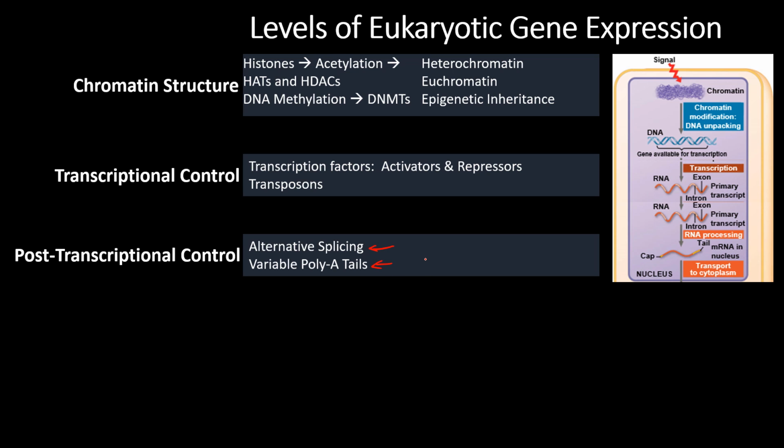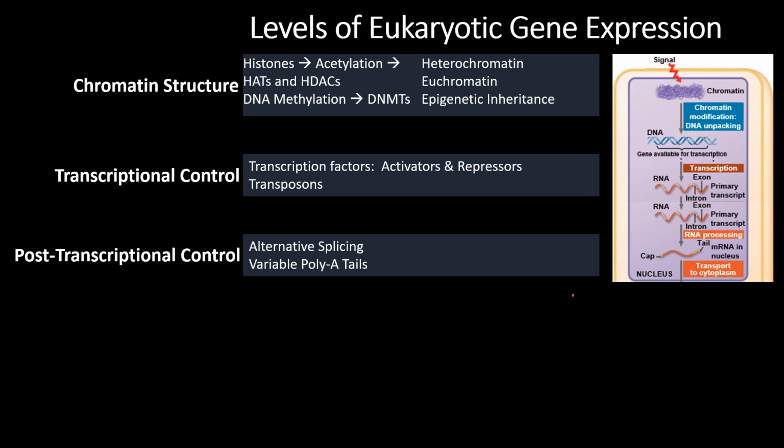We've talked about these in class enough, so I'm not going to spend too much time here. But the key insight here is understand that everything past this point technically is post-transcriptional. But in terms of understanding the different levels of eukaryotic gene regulation, you have to understand that post-transcriptional control is limited to that processing step